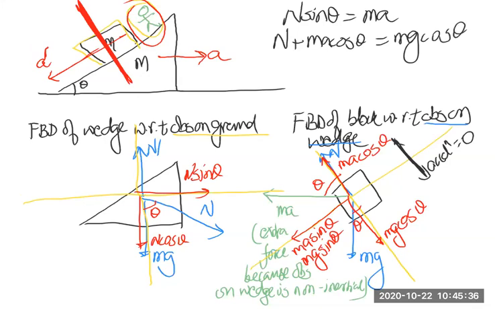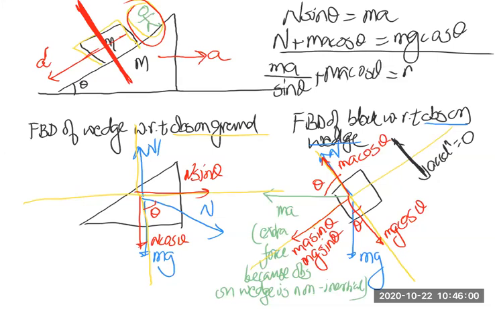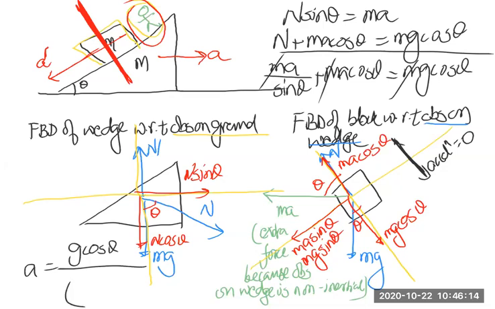आप देखो, दो इक्वेशन, दो अननोन। n sin theta is equal to ma, n plus ma cos theta is equal to mg cos theta. n की वैल्यू उठा के a में डाल दो, ये हो जाएगा ma अपॉन साइन थीटा प्लस ma कोसाइन थीटा इज इक्वल टू mg कोसाइन थीटा। m कैंसिल हो गया, राइट? a का वैल्यू आ गया मेरे पास, a इज इक्वल टू g कोसाइन थीटा अपॉन 1 अपॉन साइन थीटा प्लस कोसाइन थीटा।